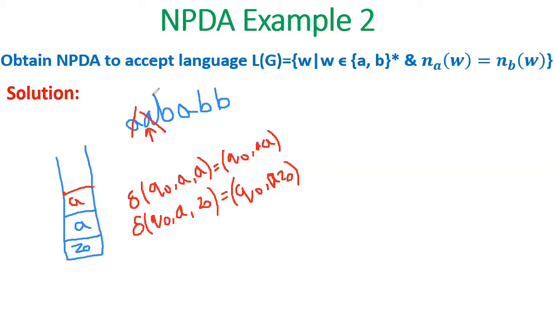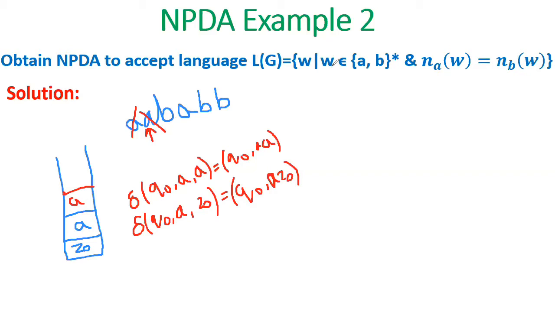Now this is the new symbol that you are getting, B. Now see, here the logic is simple. First character can be either A or B. If you get that first character, you simply push it onto the stack. Second point, if you get the same alphabets, you push it onto the stack. And the third point is, if you get opposite symbols, that is for A, if you get B, pop it. If you get B and A is the new symbol, pop it. For opposite symbols, you have to pop.